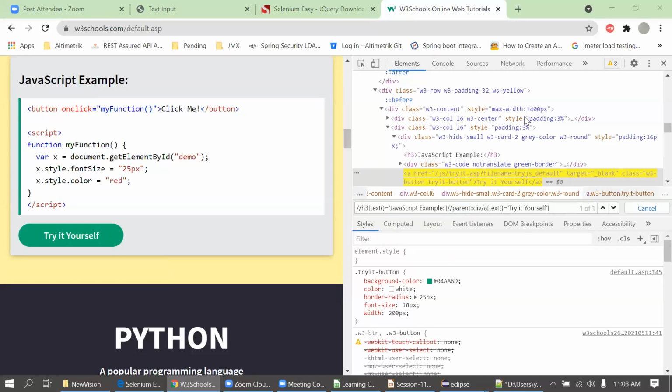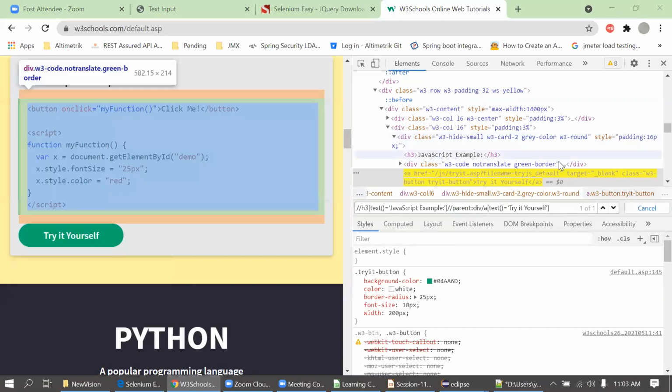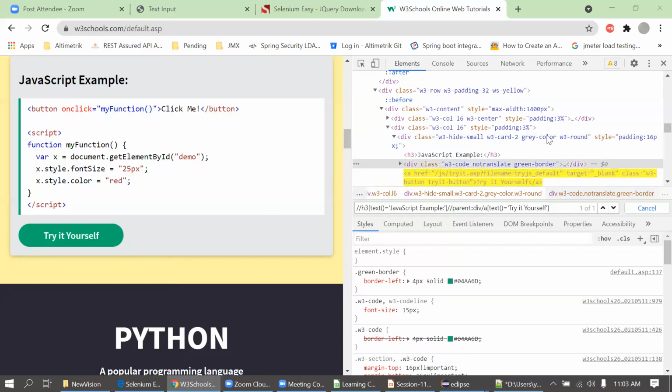Nagendra has one question: we use it for class. What is your question for class? Can we use the class name as well in the XPath if we want? Instead of this text, we can go for this class name, w3-button. Nagendra is asking whether dot dot is used for class. No, dot dot is not for searching class either.